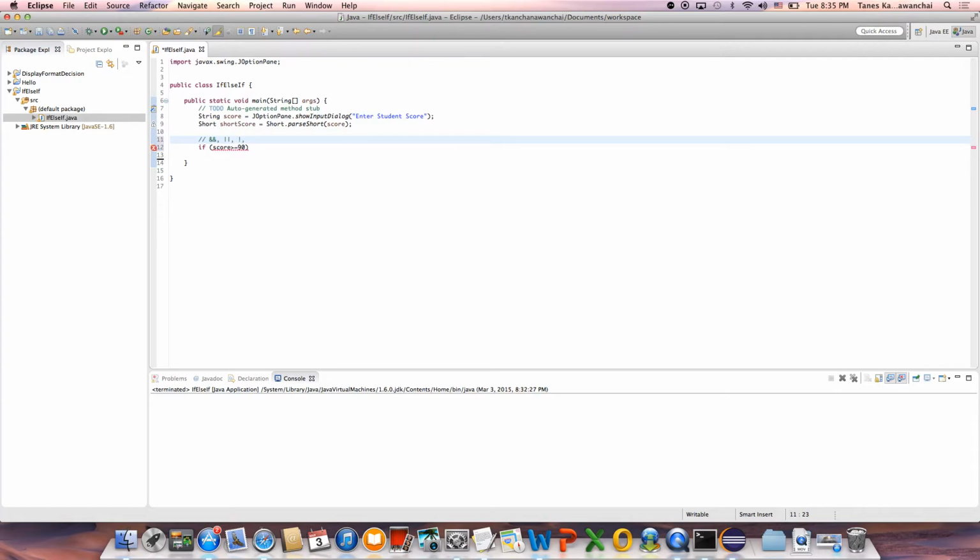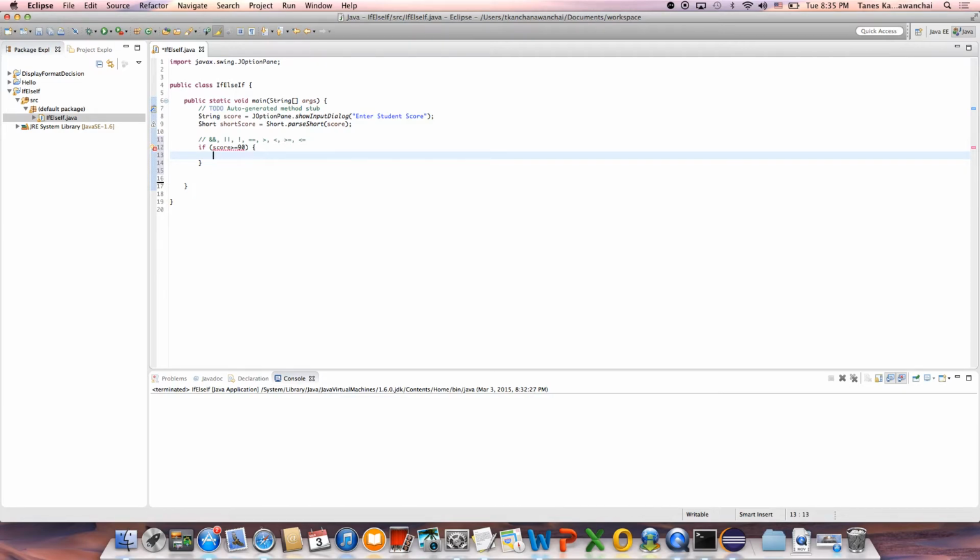To compare, we're going to talk about greater than, right? We compare numbers: greater than, less than, greater than equals, less than equals. Let's just look at the range of the numbers now. Like the user may enter score 100. If it's greater than equals 90, we're going to say the score is A. So if score greater than equals to 90, we're going to say